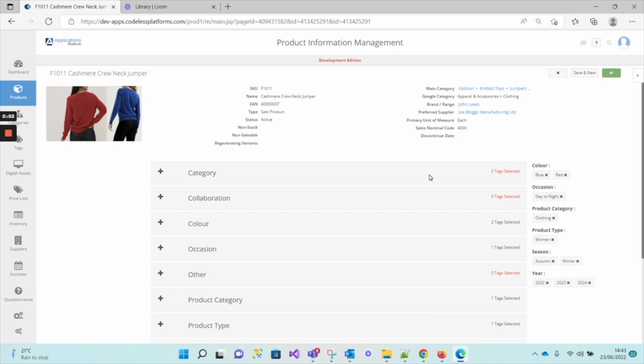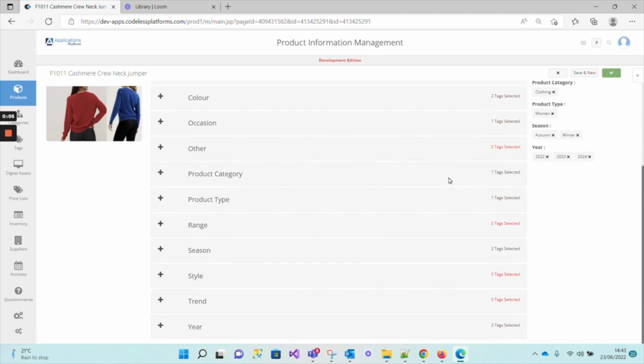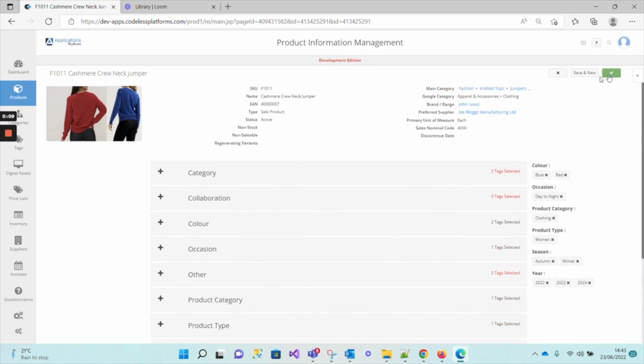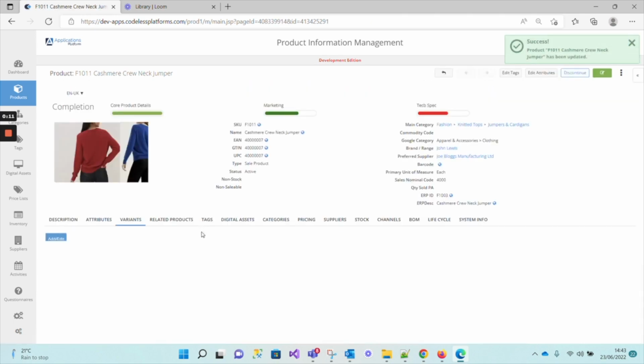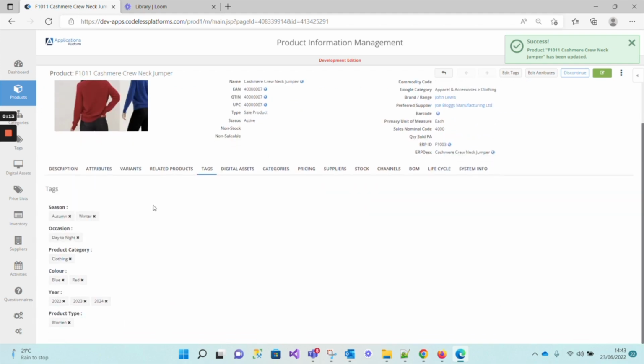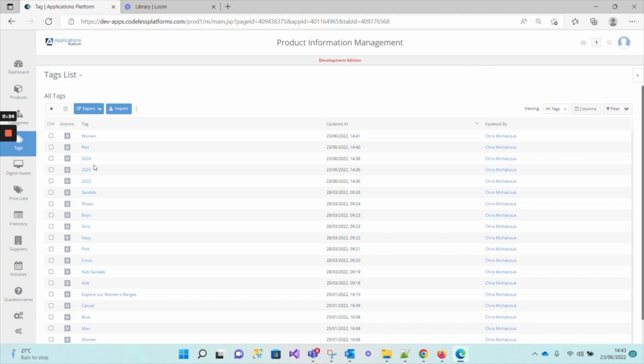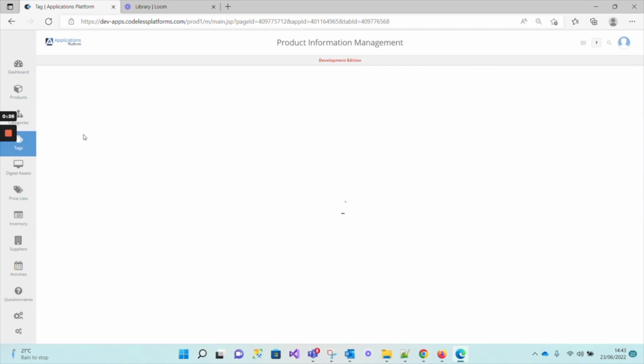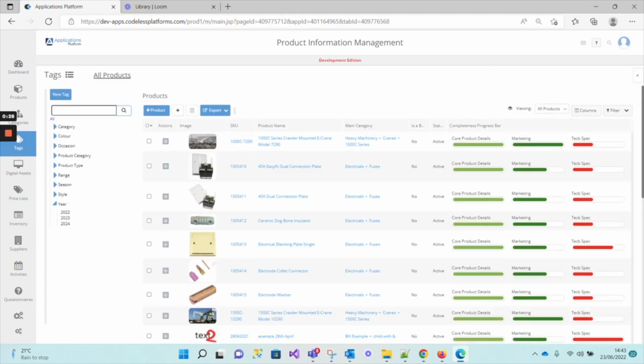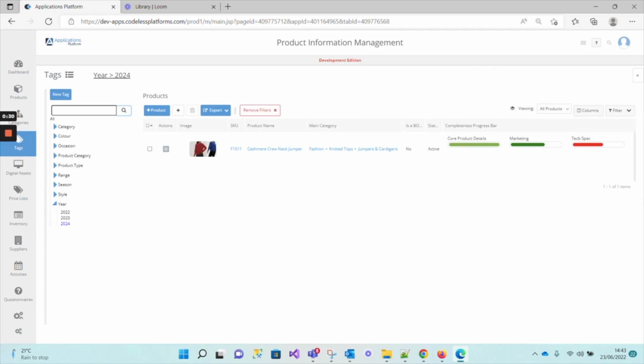Having created my tags, in terms of what I'm actually showing, I'm just saving it. Clicking on this, I can see what my tag headings are and what tags we're putting them in. If I go back to my tag list, we go back to our tree, clicking under, say, that, we